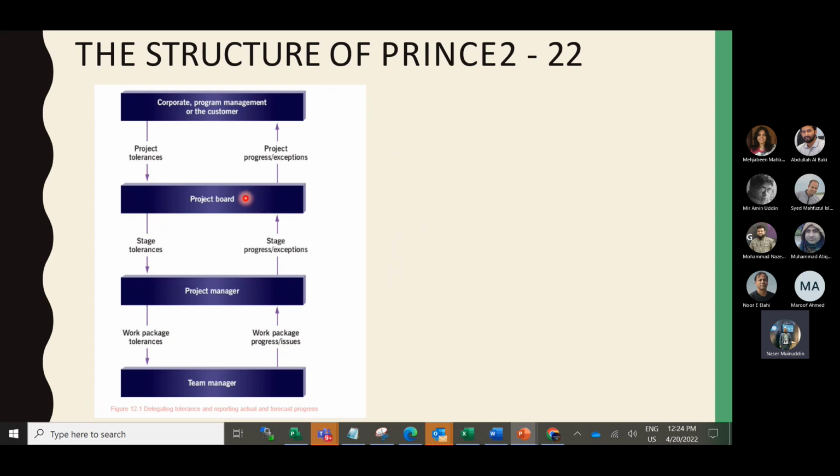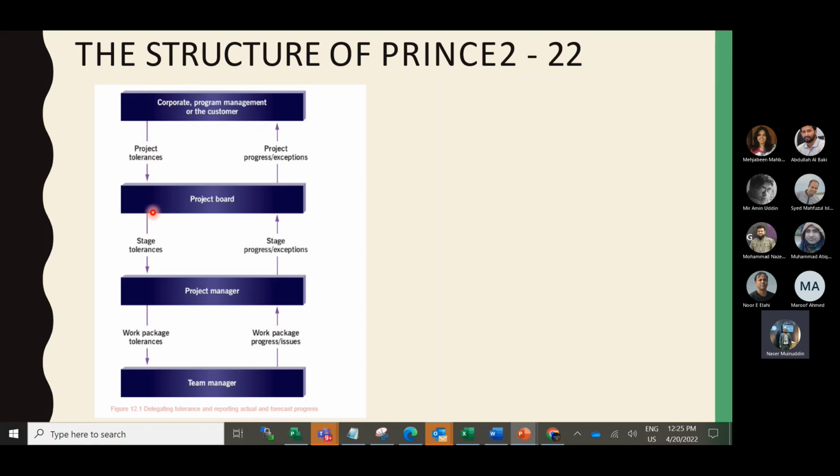This is something I explained earlier: the corporate, which actually introduces the project, sets the project tolerance. The project has this timeline, six months overall, this cost, this benefit, everything.